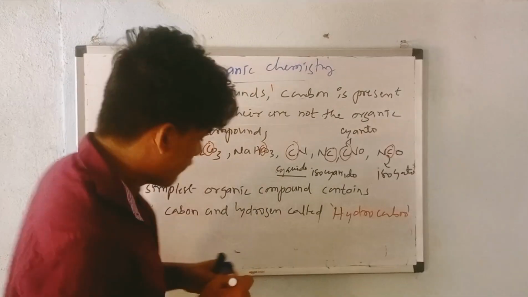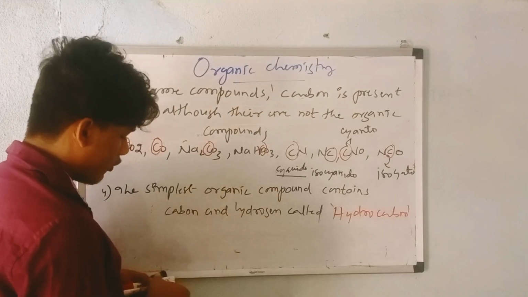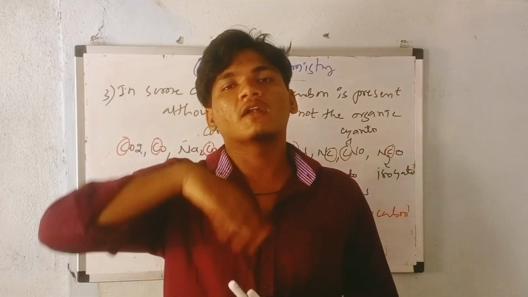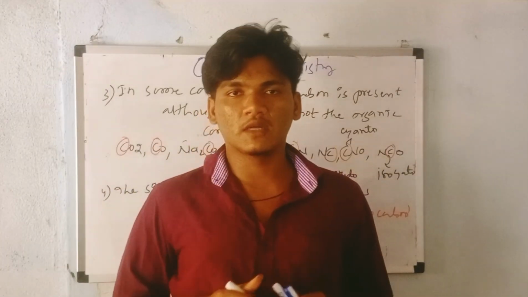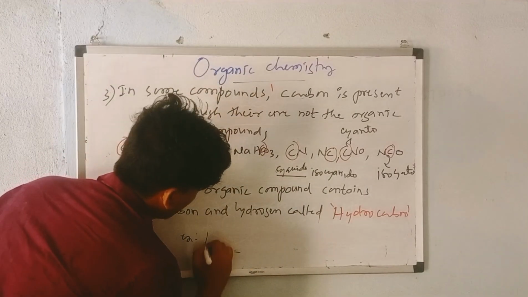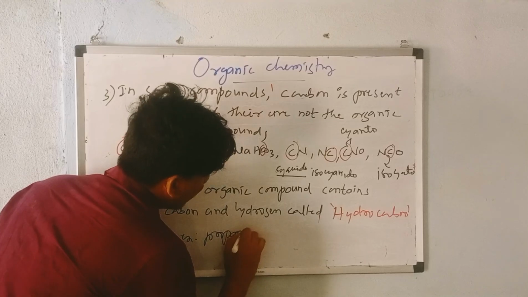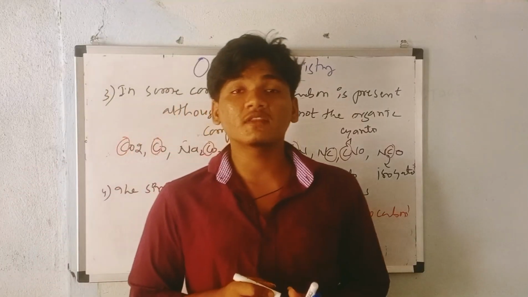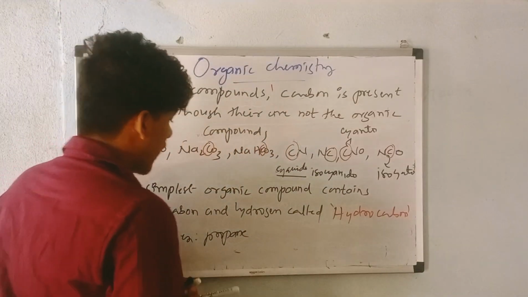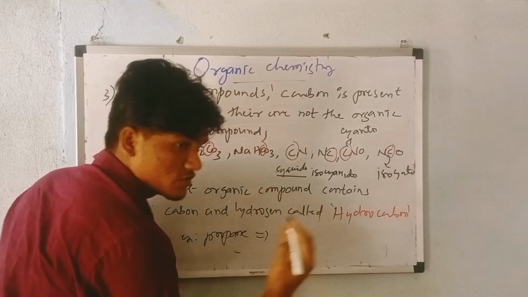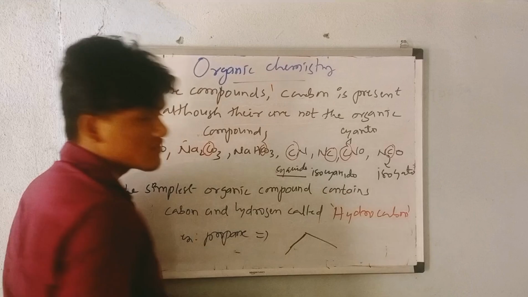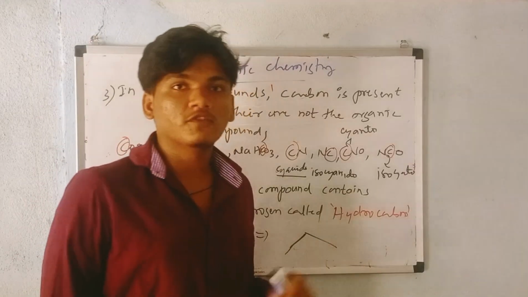What is a hydrocarbon? Let me take an example, propane. You may not understand what propane is now, so later when we talk about IUPAC, you can understand it completely. Just remember now. Propane is one of the hydrocarbons. So how can you say that propane is a hydrocarbon? If I talk about the structure of propane, it will be like this. This is the structure of propane.